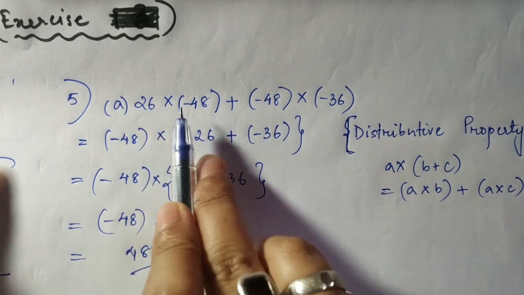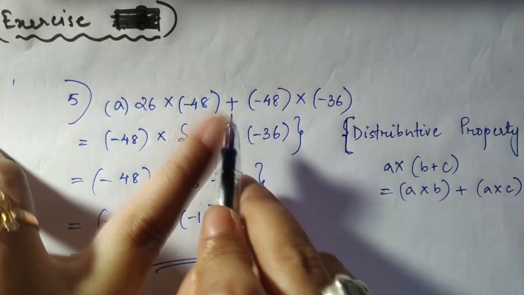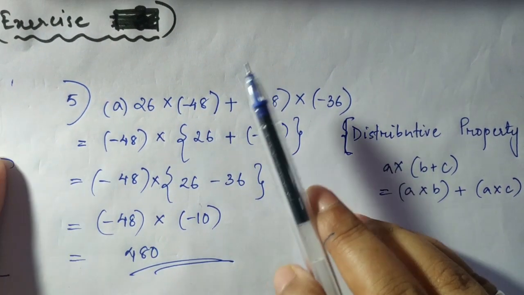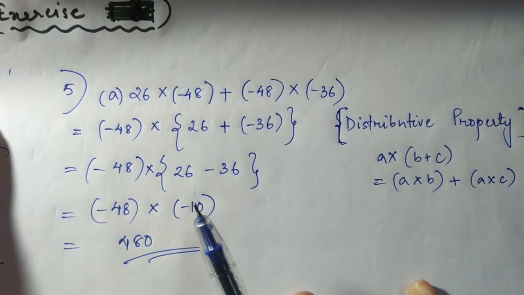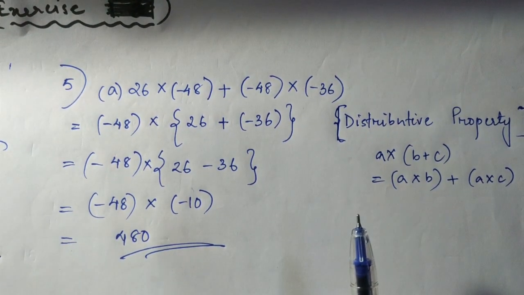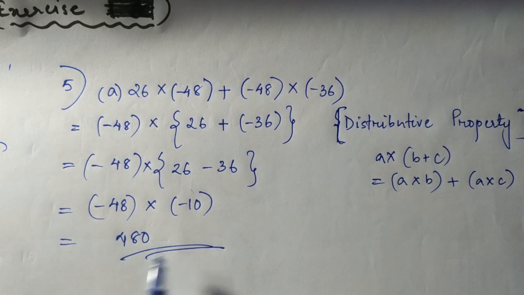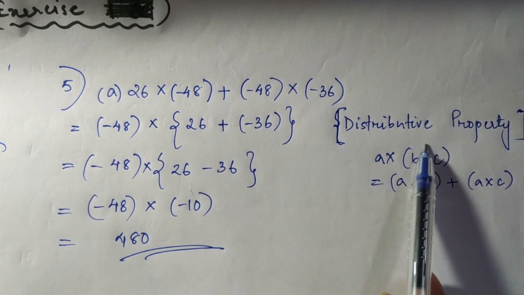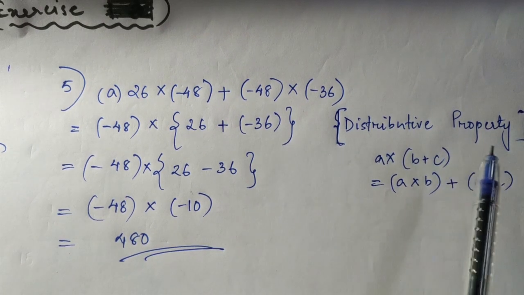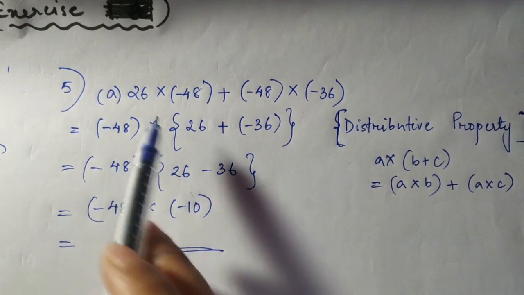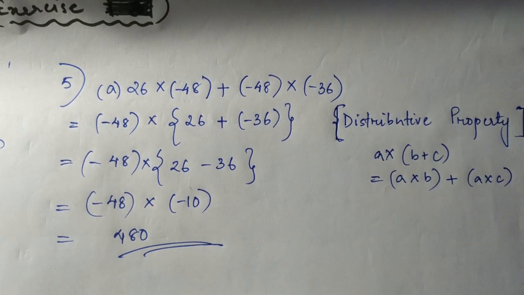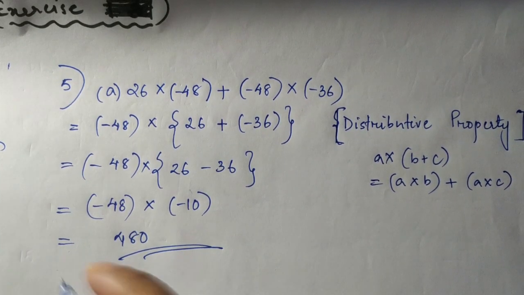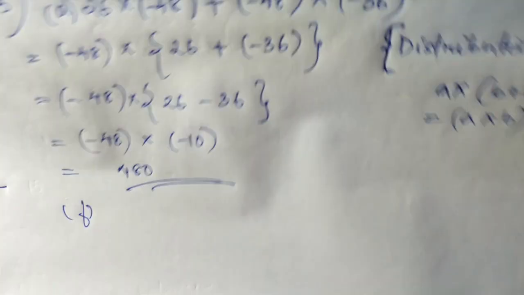Normally you can multiply this, again multiply this and add them up. But here it is mentioned that you need to use the suitable property. So you have to solve it using the suitable property, and you have to mention the name of the property that you are using. On the side you can mention. Okay, this was question number 5a. There are many questions here. So I'd like to show you another question, that is number F. Let's get started with number F.